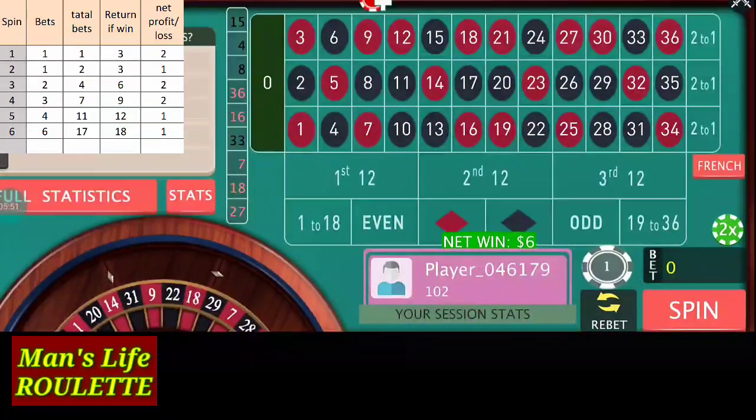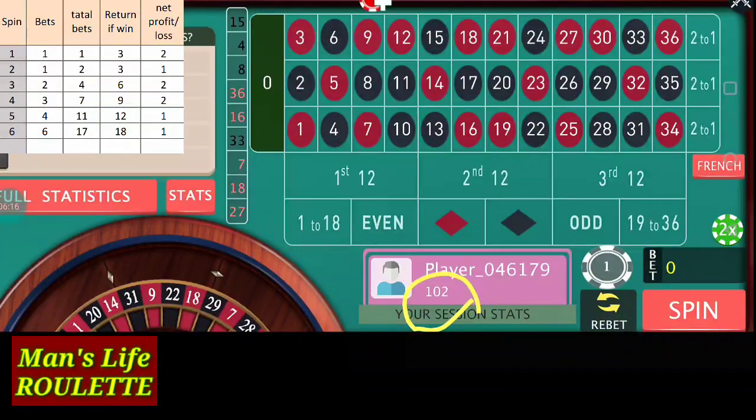Whenever you win, you can see the profit is just $2 as per my strategy. Also at the fourth spin, if you win, you will make a profit of 2 units. So my profit till yet is 2 units or $2, you can say. Whenever you complete this cycle, or whenever you win at any point of time, just start from the beginning